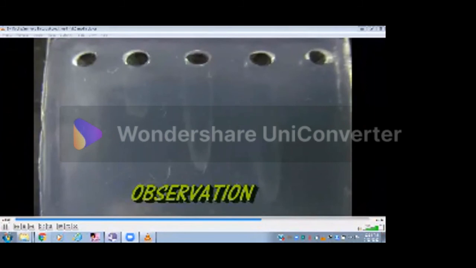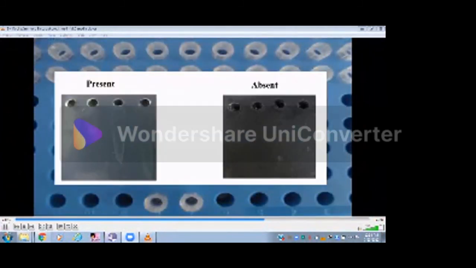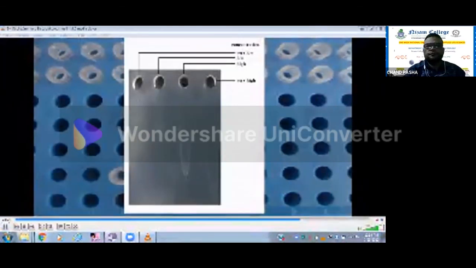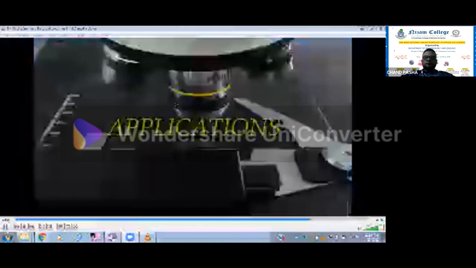This is the result after incubation. From the observations, we can interpret that the presence of a peak indicates the presence of specific antigen to the antibody, and the absence of a peak indicates that there is no specific antigen. We can also detect the multispecificity of antigen or antibody by loading different antigens or antibodies on the wells. The concentration is directly proportional to the height of the peak. When the height is more, the concentration is also more, and vice versa.